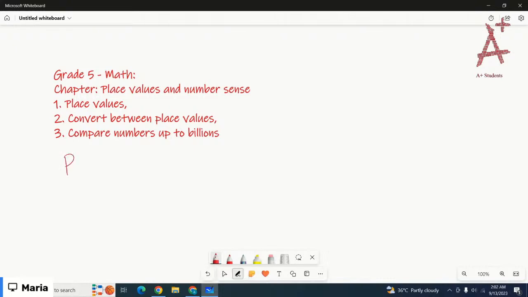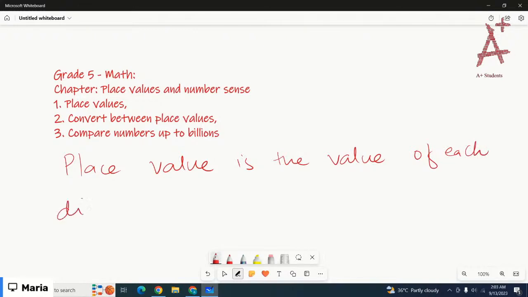So basically, place value is the value of each digit in a number, right? For example,